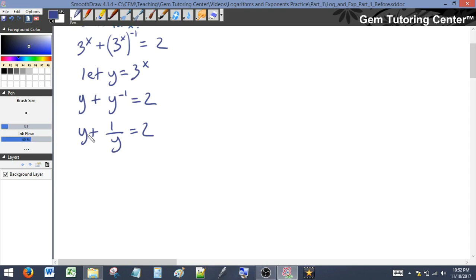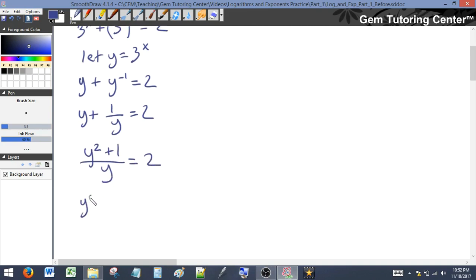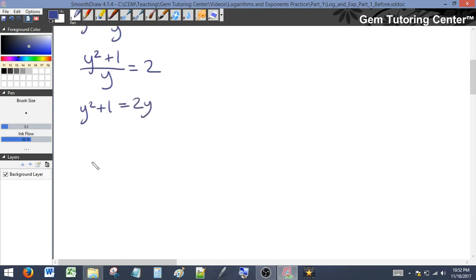And then we're going to put this y up on top of the numerator of the fraction beside it. So that's going to be y squared plus 1 over y is equal to 2. Then we're going to move this y to the right, so we'll get y squared plus 1 equals 2y. And we're going to move this 2y to the left, so we'll get y squared minus 2y plus 1